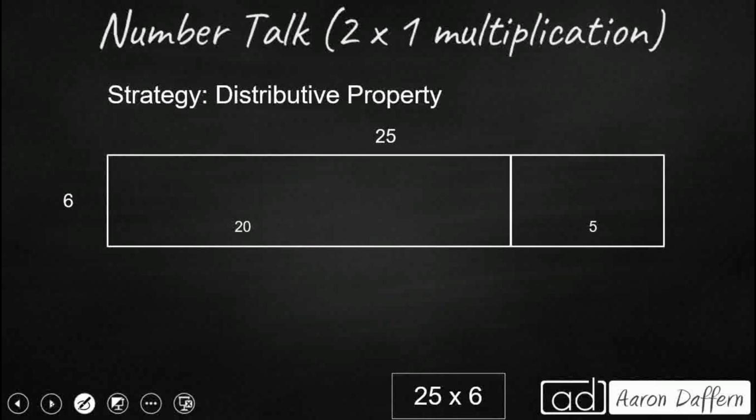There's another way we could use distributive property, and instead of breaking up that 6, we're going to go ahead and break up the 25 using place values. So some of you might have done this, 20 plus 5. So think of expanded form. That's what 25 is in expanded form. We're going to do the same thing. We're going to distribute this 6 and multiply it by both addends, come up with some partial products, and add